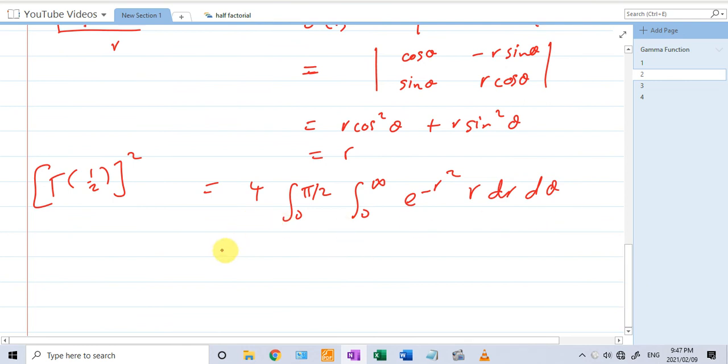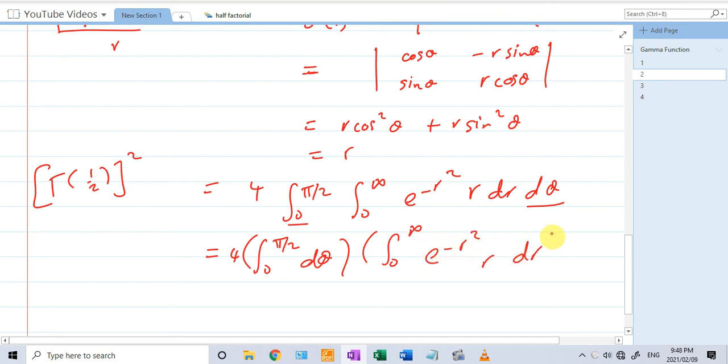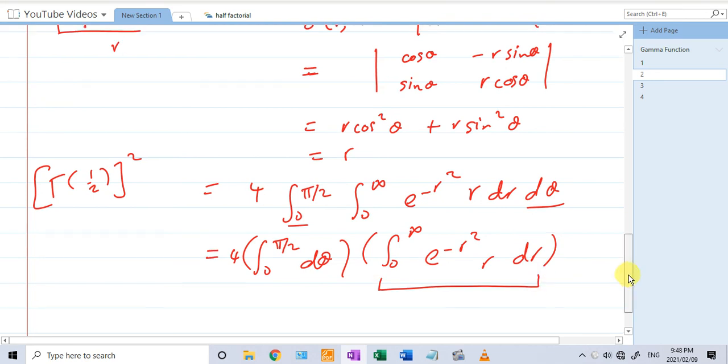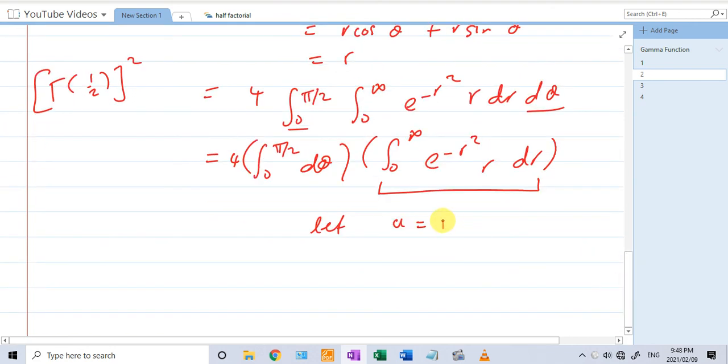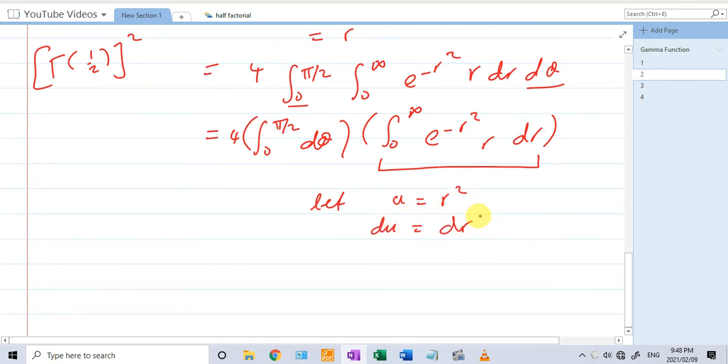Now we can split this up by Fubini's theorem. We get 4 times the integral from 0 to pi by 2, we can see this variable and this integral, so d theta, times the integral from 0 to infinity of e to the power negative r squared r dr. So all we have to do is integrate this integral. Let u equal r squared. Integrating the first integral, what I get is 4 into pi by 2,